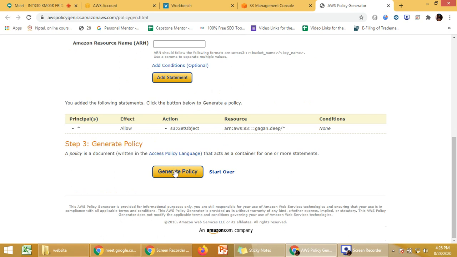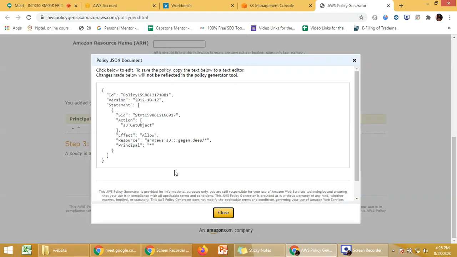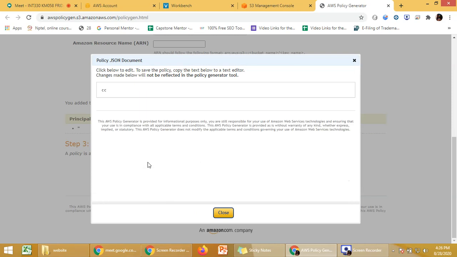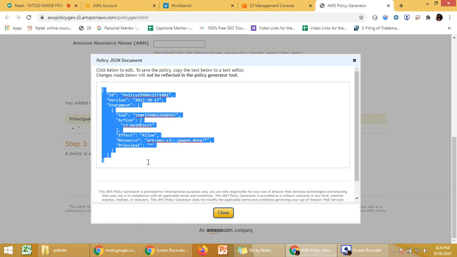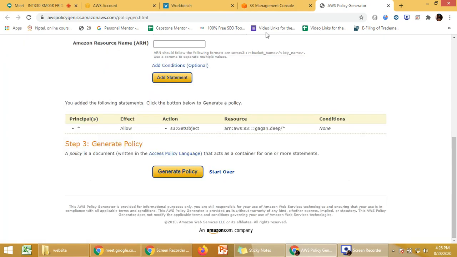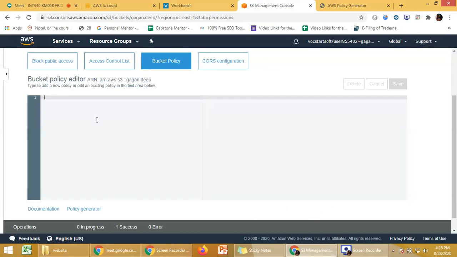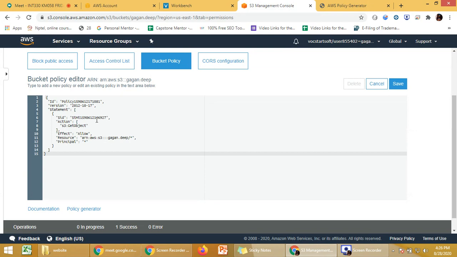Once it is done, click on generate policy. Now this policy is generated. So you have to copy this, move to the policy editor, paste it here, and save it.